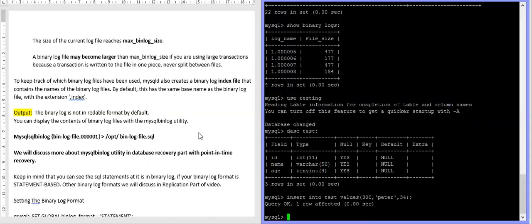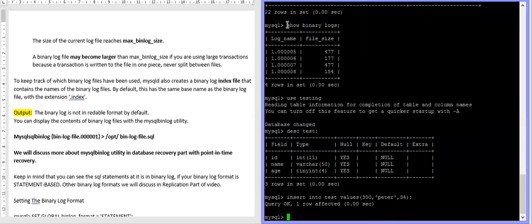Now let's see how we can see the binary log output. We cannot see the binary log output because it is not in a readable format. So you will have to convert this into a different format with the help of this utility.